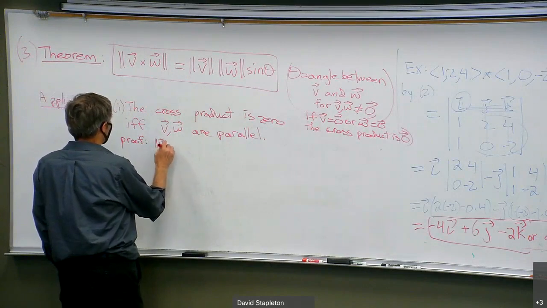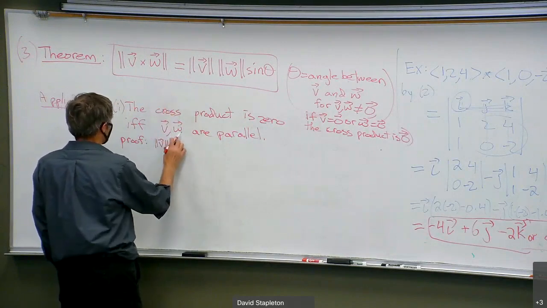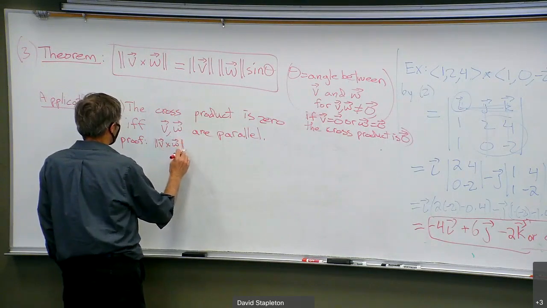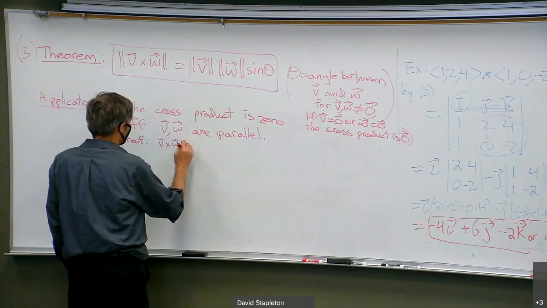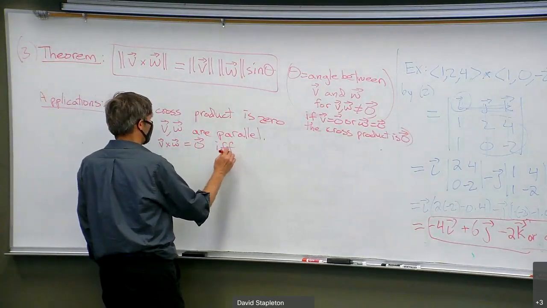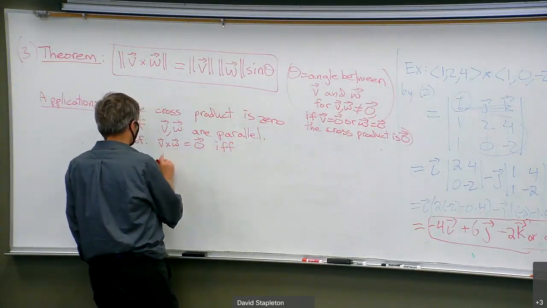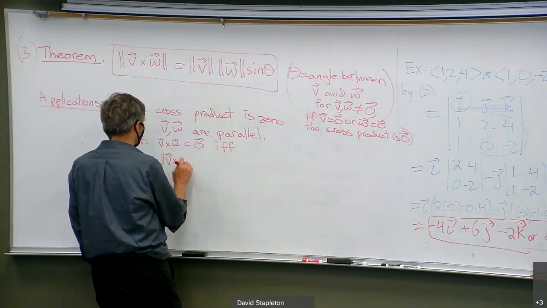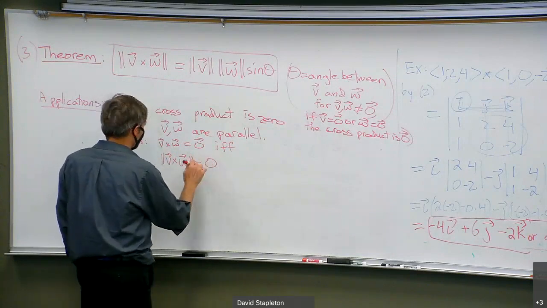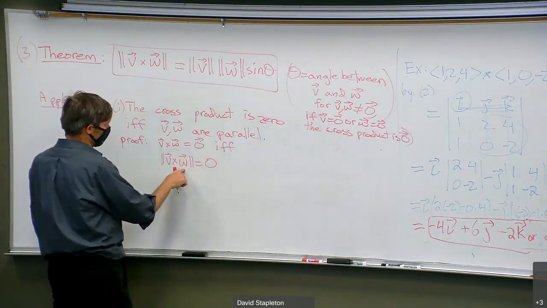From this theorem up here, V cross W is the zero vector if and only if the length of V cross W is zero, right? Only if the zero vector has zero length. This one doesn't have a vector on top because it's the length. This one's the vector,